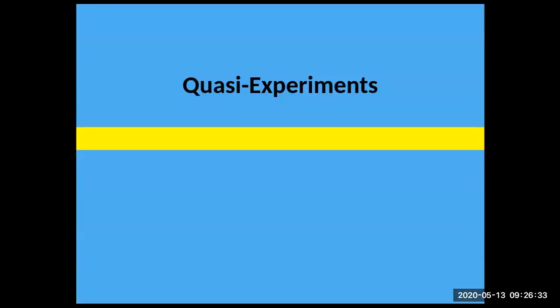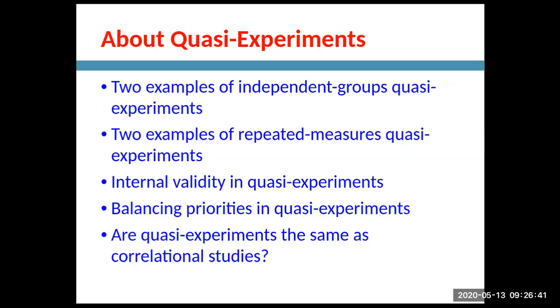So quasi-experiments. Quasi meaning partial experiments, or kind of true experiments. I'm going to give you 2 examples of a between group quasi-experiment and 2 examples of a repeated measures, or what we would call a within subjects type of experiment. Then we'll talk about internal validity, balancing priorities, and then asking the question, are